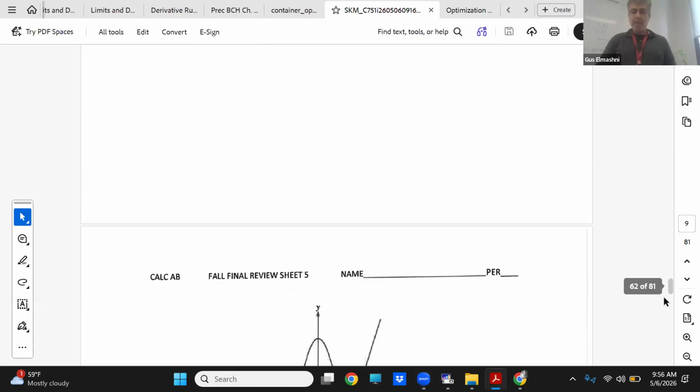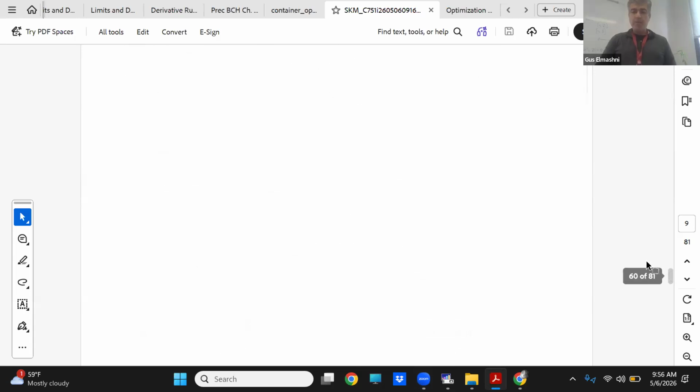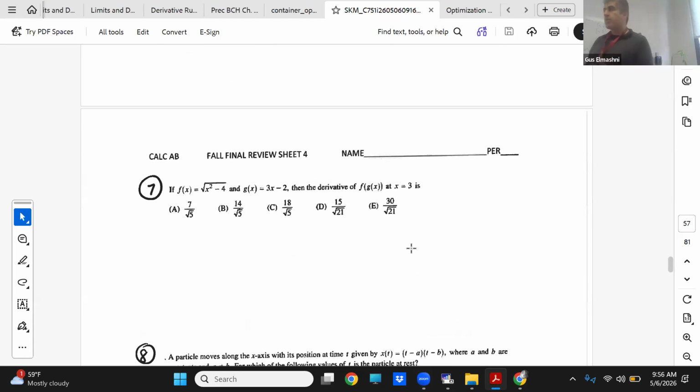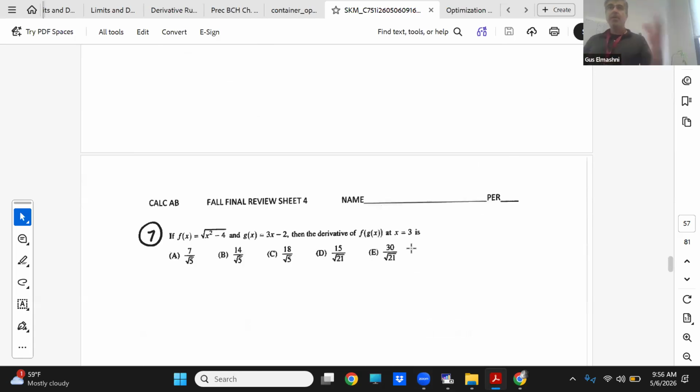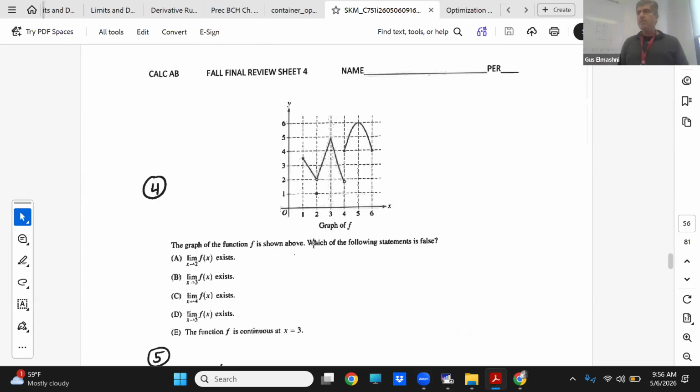Near the end of this packet, and I just printed it, is also when I taught AP Calculus AB, some final exam review stuff for the first semester, because it's the first semester of AP Calculus AB. It's like what we've done this semester, a lot of differentiability, a lot of derivative stuff. So yeah, if you want to practice this, there's a lot of stuff here you could do. So I'd say Delta Math and this packet are probably the two things you're going to want to do. But again, look at your old stuff too. Maybe start there. That's a good way to practice.